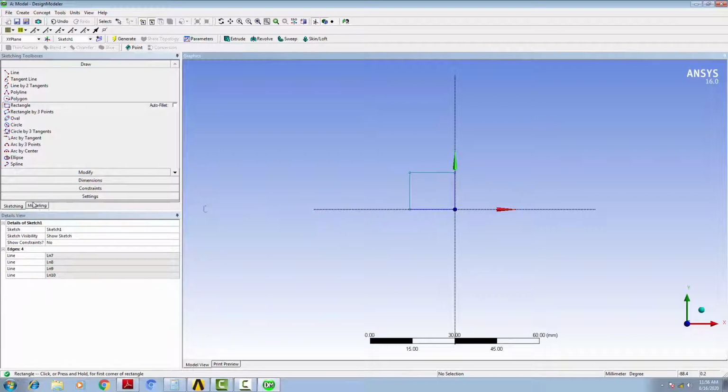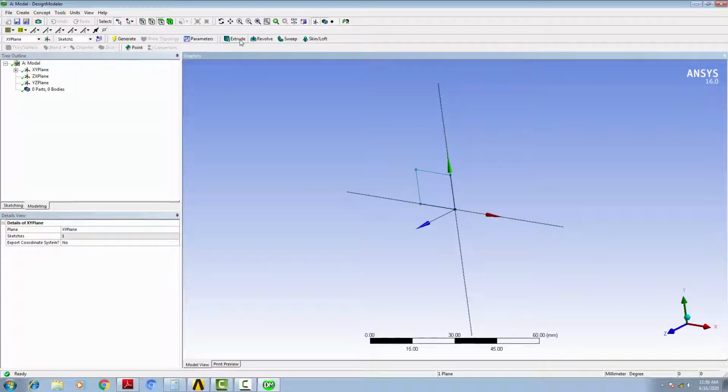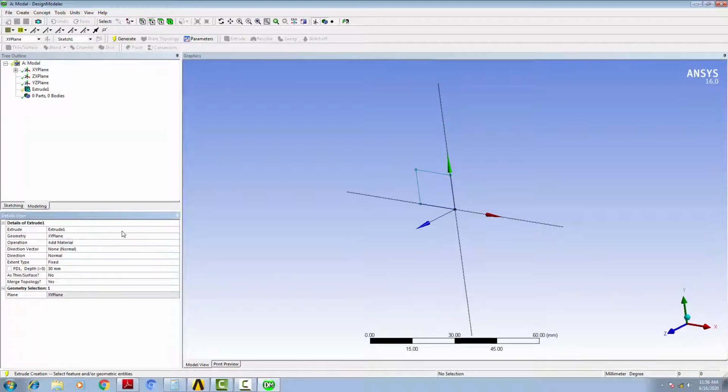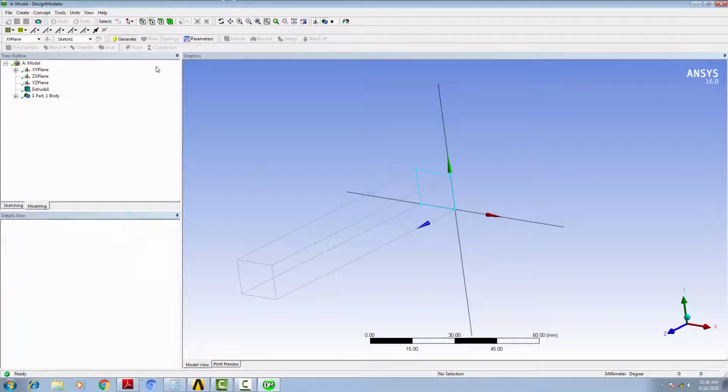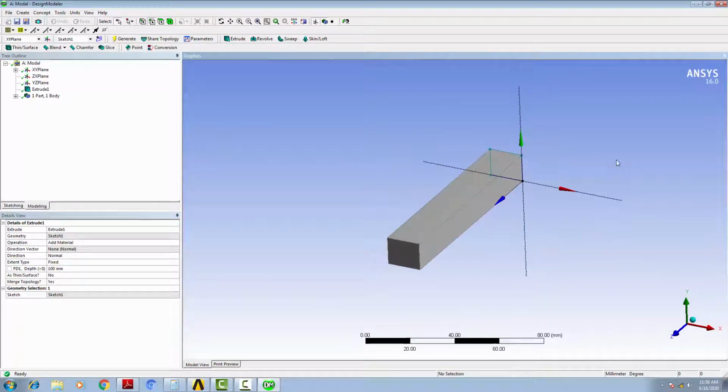I will draw one rectangle, and then I will extrude with a height of 100 mm. Select the sketch in geometry, apply, and height is 100 mm, and then generate. Okay. So I have created one beam.